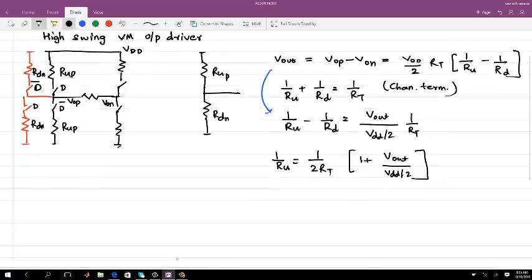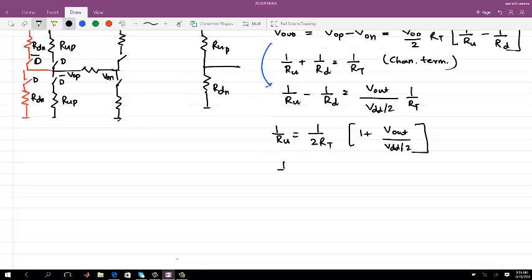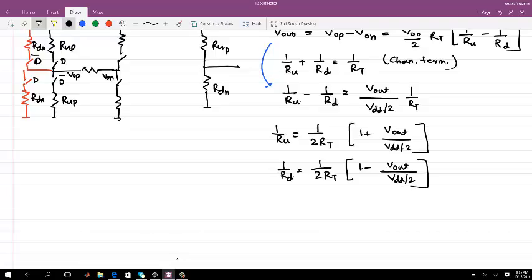Okay. Similarly, 1 by RD is equal to 1 by 2 RT into 1 minus V out by VDD by 2. Okay, so now what you can see from these two is that